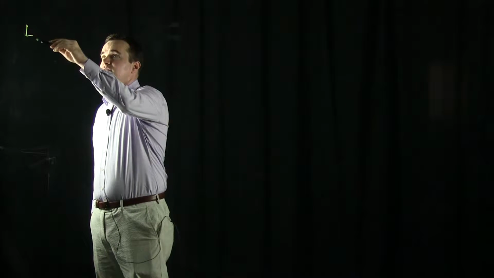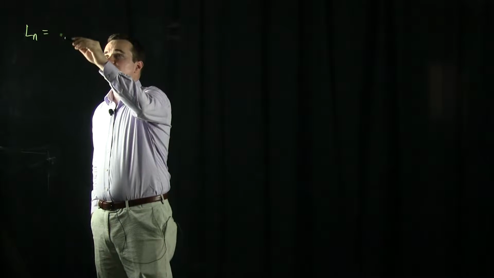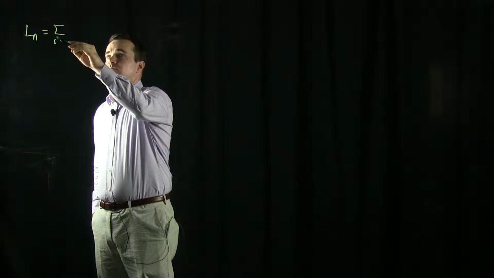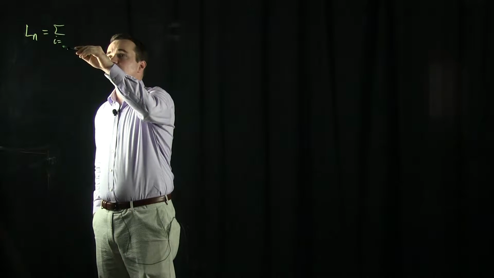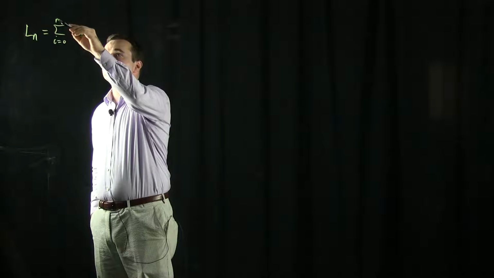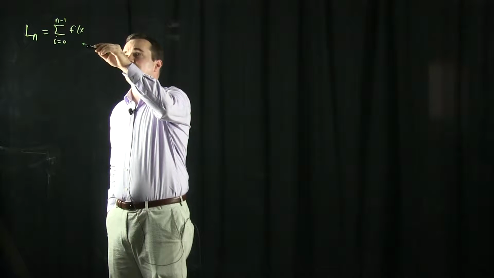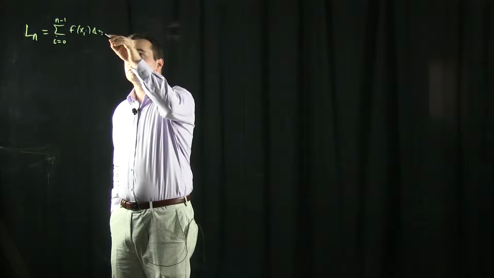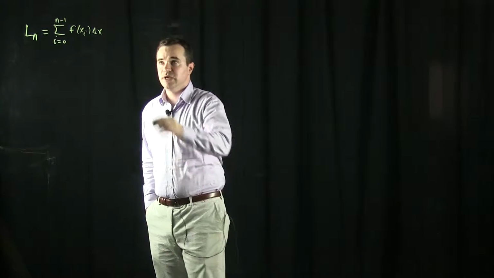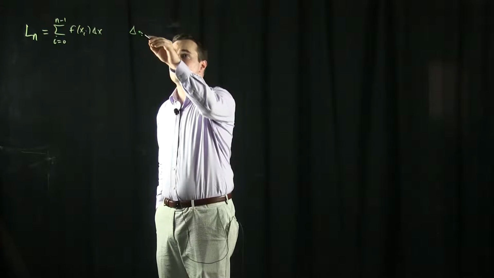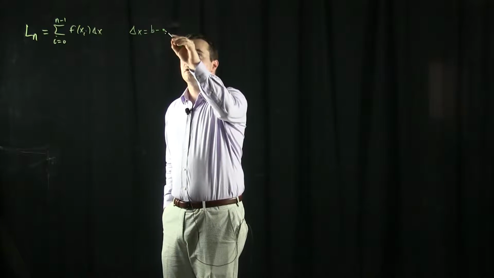So first of all, let's just write down those formulas. Now that we've got summation notation, I can actually write them down pretty quickly. I'll include the left-hand formula just for your reference. This is the sum from i goes from 0 to n minus 1 of f of x sub i times delta x. Delta x in all of this was always the common width of all the subintervals,